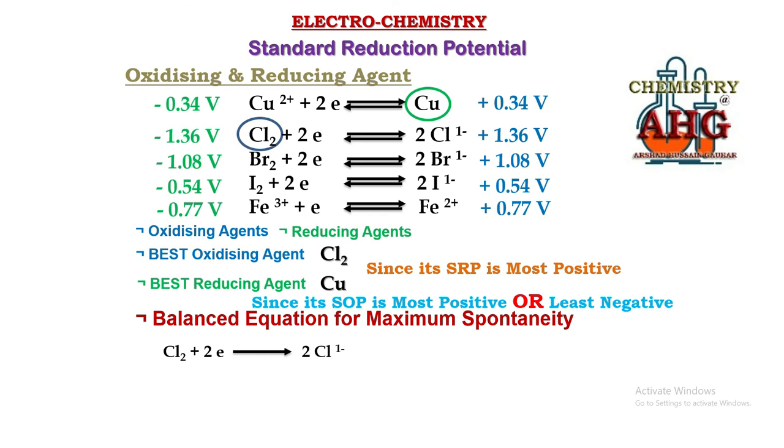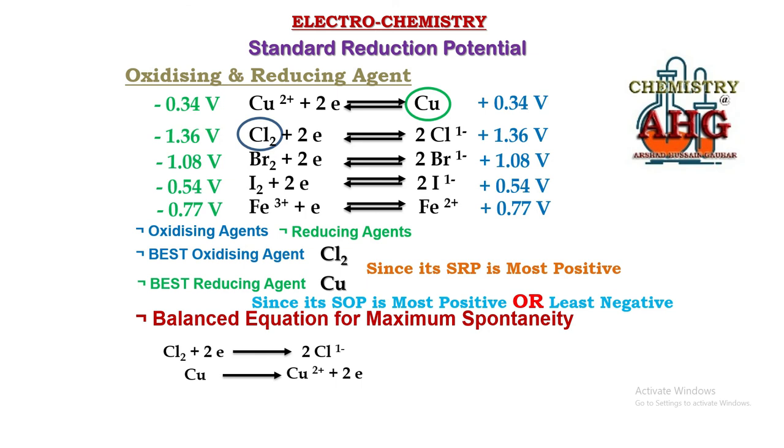Now the other half cell that we have chosen, the copper half cell, must undergo oxidation, it must become anode. For oxidation, the chemical equation of the copper half cell must be reversed. What does this mean? The reactants must become products and the products must become reactants. Look at how that is. You will take Cu as a reactant and it will undergo oxidation by loss of electrons to Cu2 plus. So one equation you must always reverse, the equation for the half cell that has become anode.